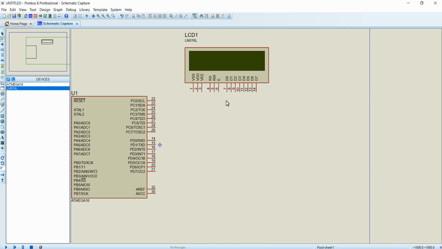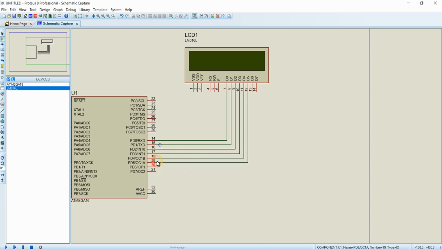So I am connecting D0 to PD0 of my microcontroller, and D1 to PD1, D2 to PD2, D3 to PD3, D4 to PD4, D5 to PD5, D6 to PD6, D7 to PD7.